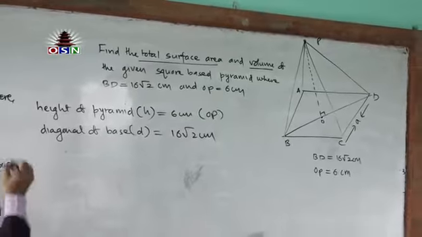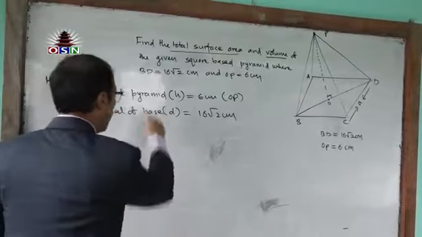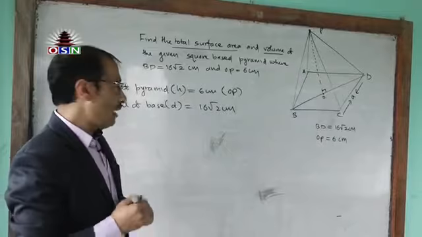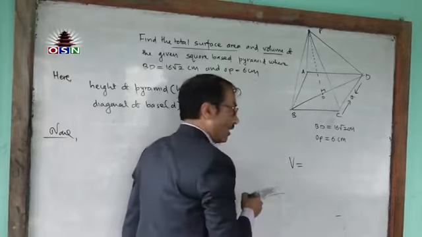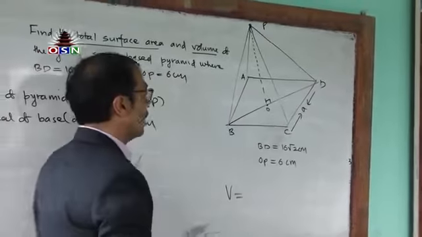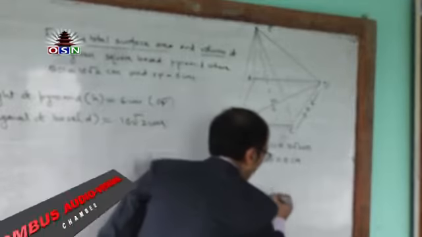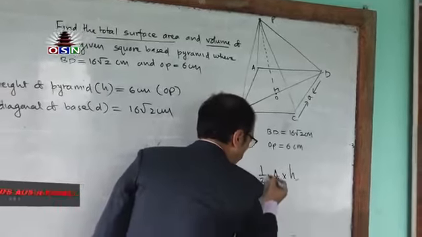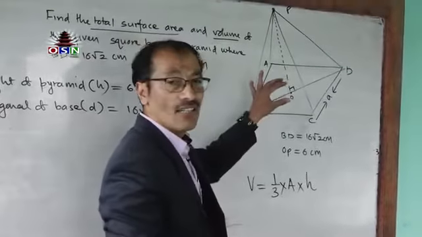Now, with the help of these two things given by the question, you can find the volume. Again, I would like to make sure of the simple concept you have to keep in mind. How do you find the volume of a pyramid? To find the volume of a cuboid, we know very simply that it is the area of base multiplied by its height. And then if you write 1 by 3 before it, this is the formula to find the volume of a pyramid.